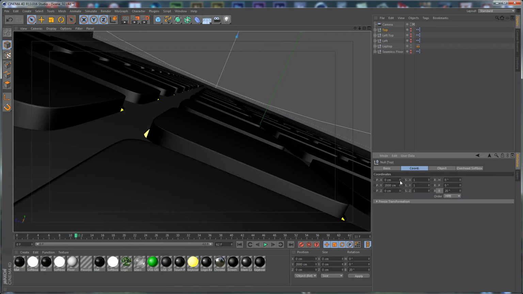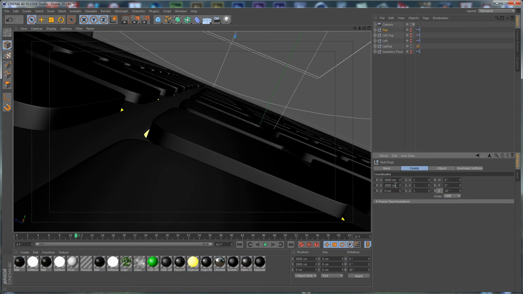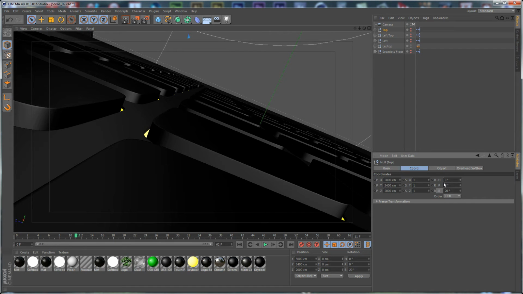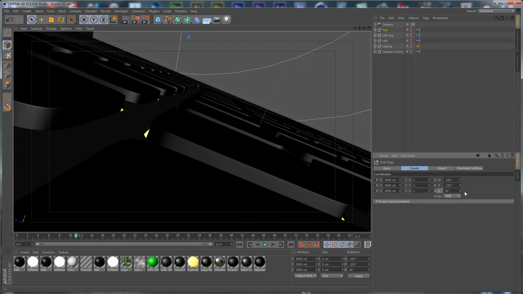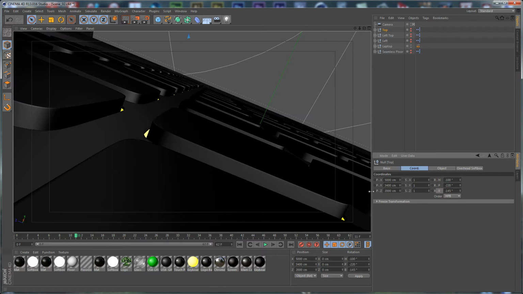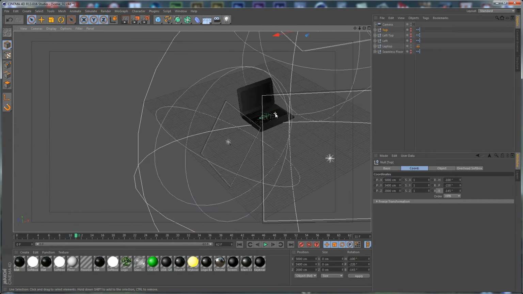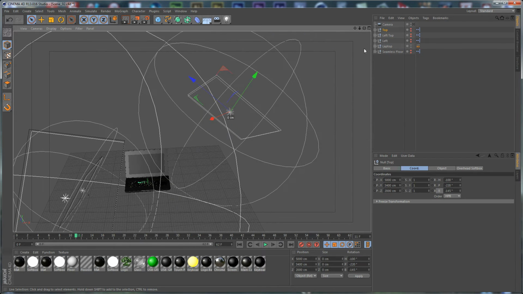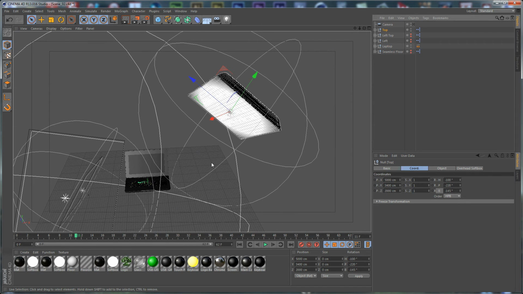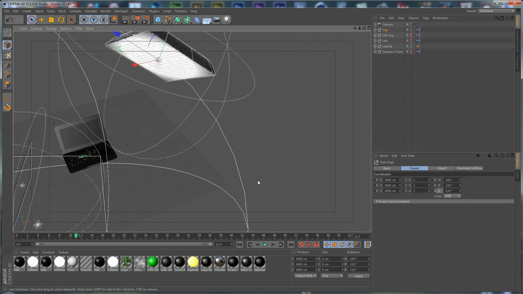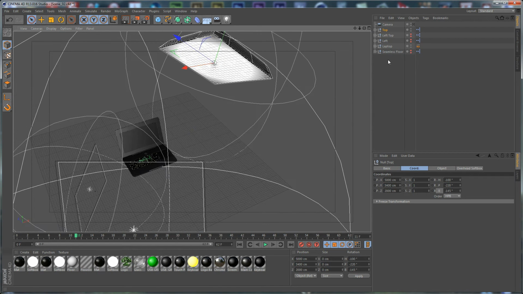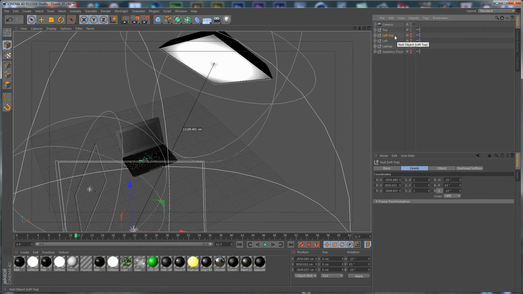And let's go to the coordinates and position the white as I positioned it originally in my project, so something around here I think would be fine. And if we turn off the camera, you can see, if we turn on this white where it exists in the 3D space,